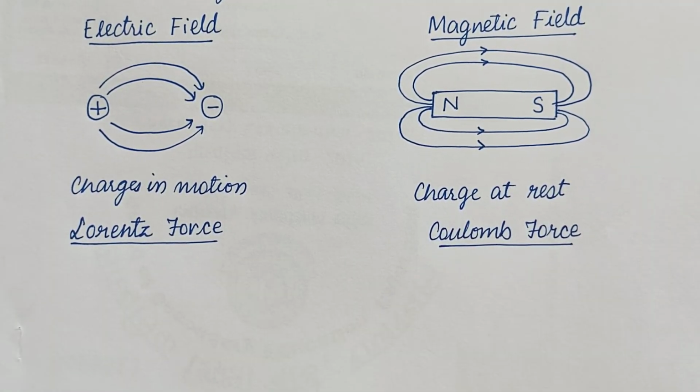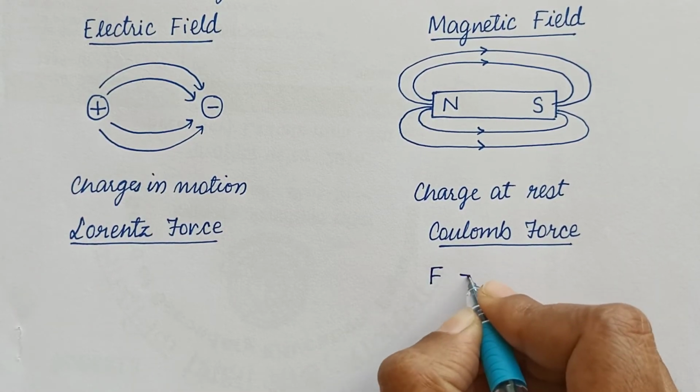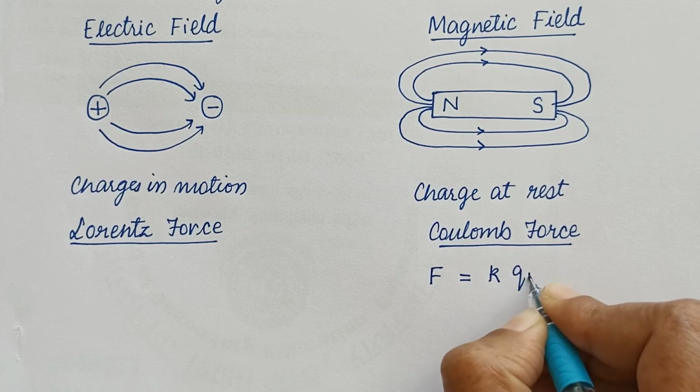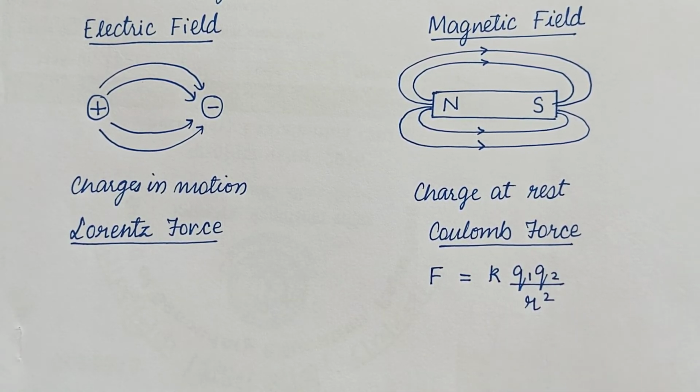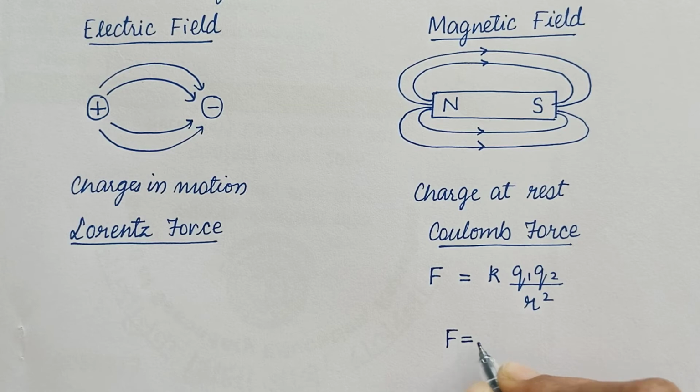We are already familiar with the Coulomb's force, that is F equals k Q1 Q2 upon r squared, where r is the distance between two charges that are Q1 and Q2 and k is the constant, and force on charge in electric field is given by F equals QE,